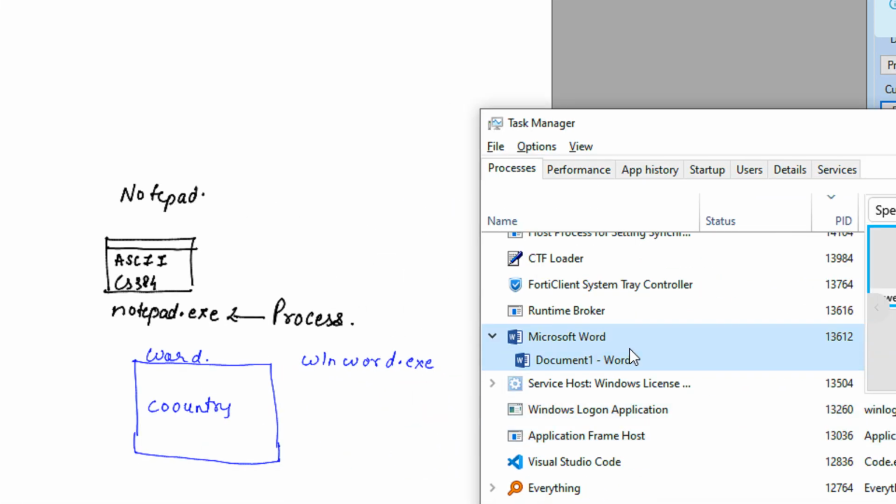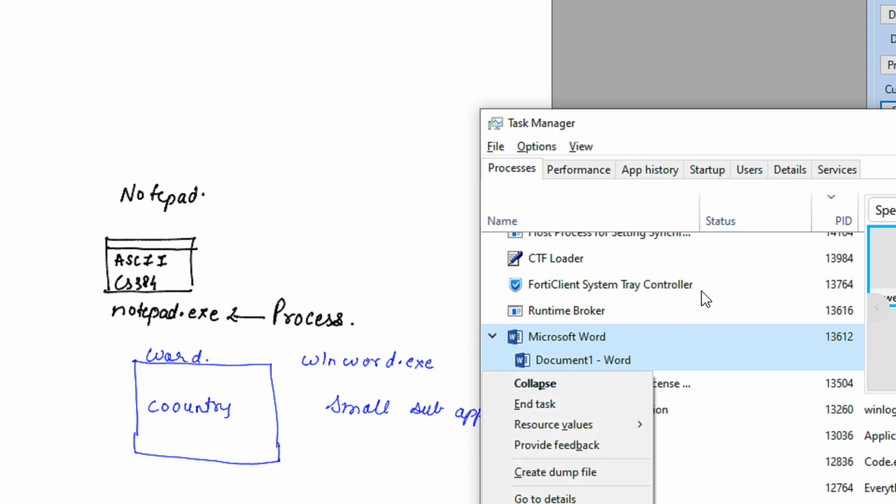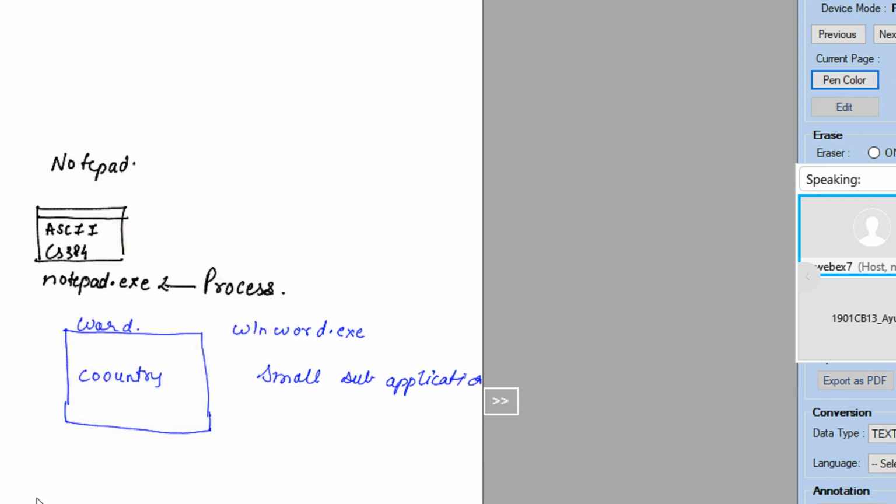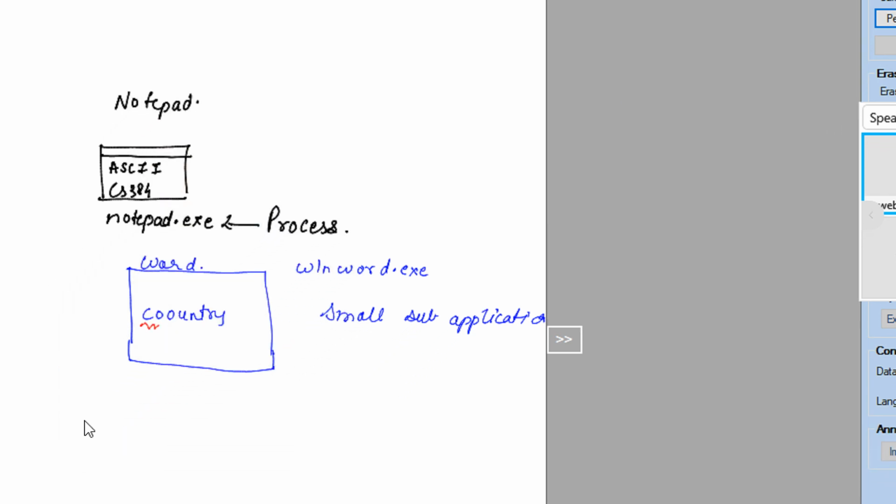Now, as an application, you design very small sub applications. Actually, sub application is not the right word, but just for your understanding, Microsoft Word has something of a spell checker. So let me do this red, which made this a red thing.